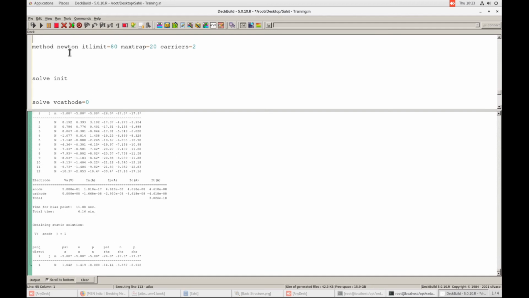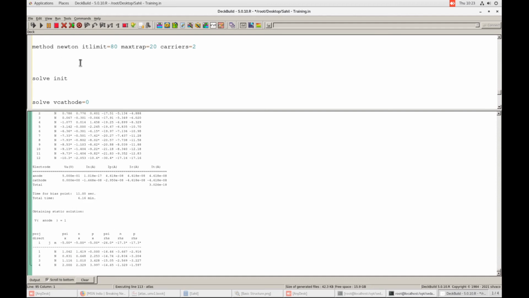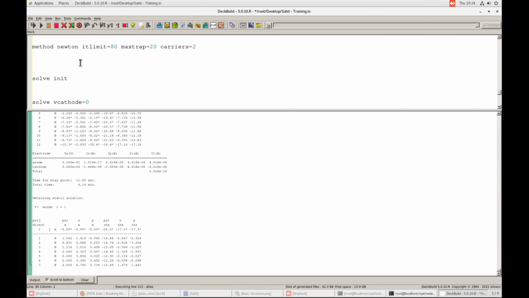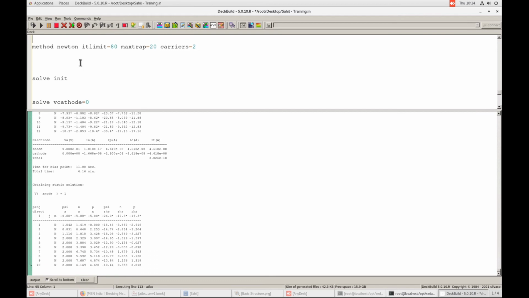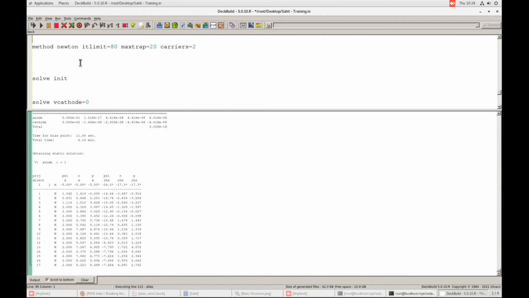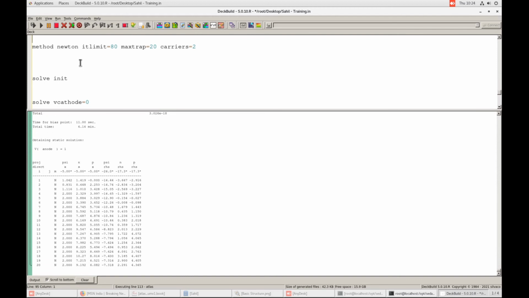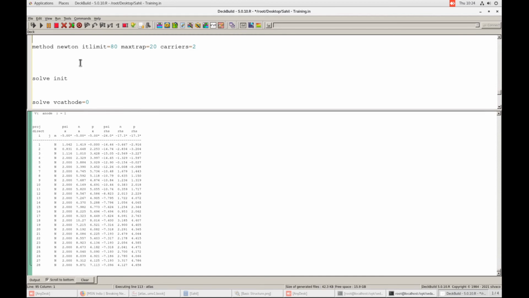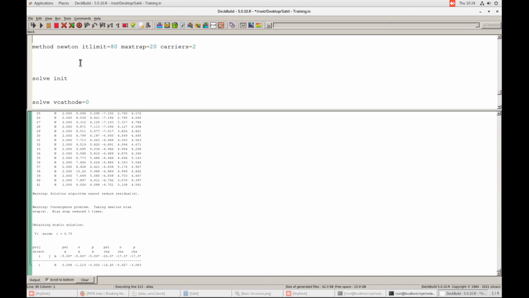If the solver is not able to get a solution for your problem, in method there are other methods also. Currently I am using Newton. There is Gummel and Block also. Block is another iterative method which combines both Newton and Gummel for solving the equations. You can even mention Newton and Gummel both simultaneously, like I can write method Newton space Gummel. So it will be finding a solution from Newton and Gummel both. Currently it is only using the Newton method, which is very much feasible and will be getting a solution soon.